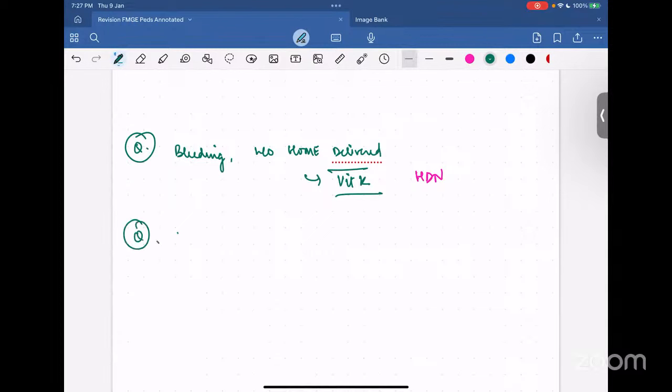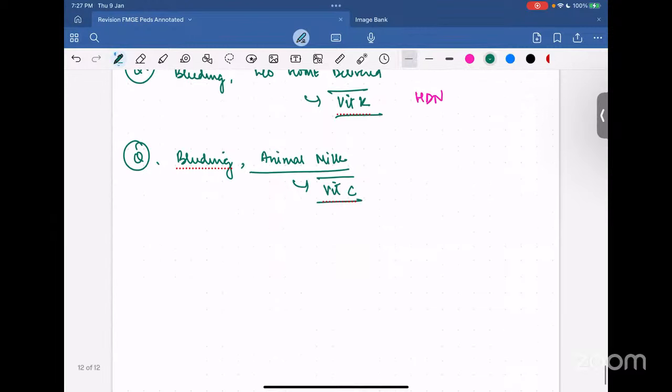If a similar question is there and they say the child has bleeding and is on an exclusive animal milk diet, then this is nothing but vitamin C deficiency associated bleeding, that is scurvy, right? If the question is like,